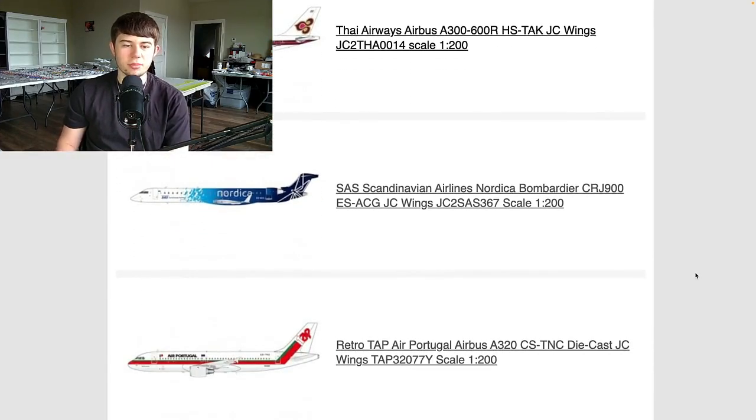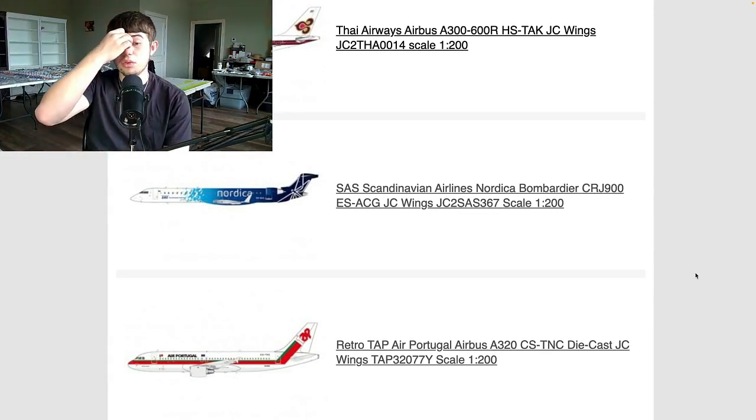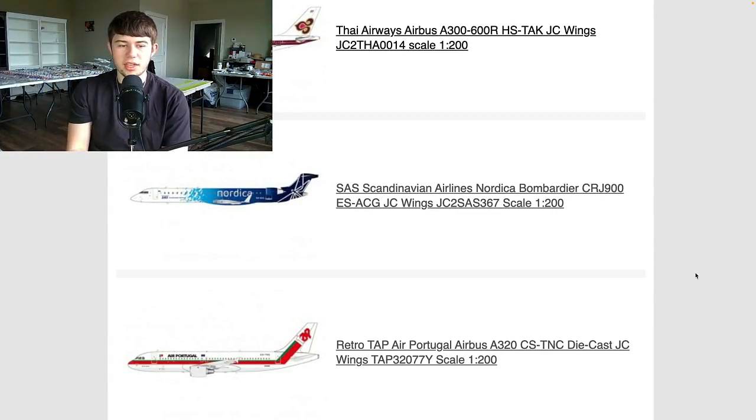Retro TAP Air Portugal Airbus A320, cool. Charlie Sierra Tango November Charlie, that is a cool looking aircraft. TAP's are a really cool airline, love their liveries throughout the years. This is another great example, especially that retro font there on the tail, that's very neat. So glad to get to see this one. I hope this livery's flying right now, that would be very cool to get to see, but yeah, it looks